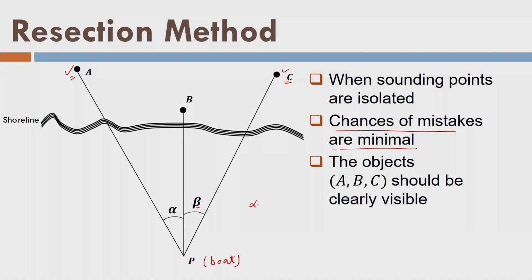Secondly, we should be careful enough here that the angle alpha plus beta should be more than 30 degrees for the condition of a well-conditioned triangle. Here, when the points are isolated, that means this point, this point, this point are to be observed. So, let us say it is P1. So, we have P2, P3, P4, and I need to perform some observations on all these points. Resection method is one of the good methods, like the intersection method. Fine.